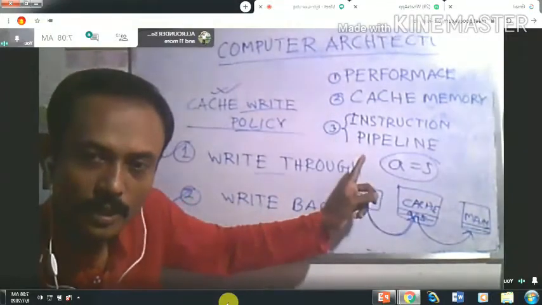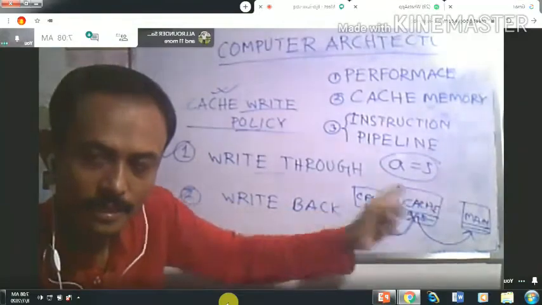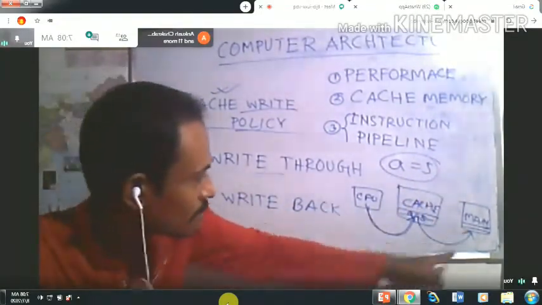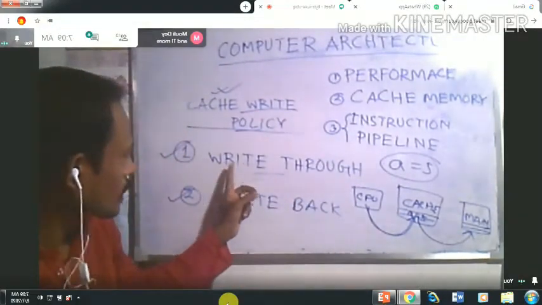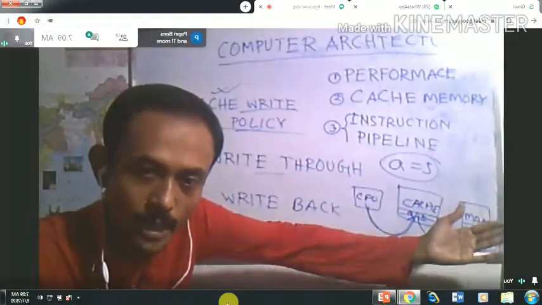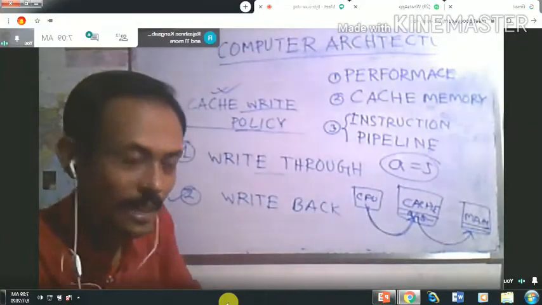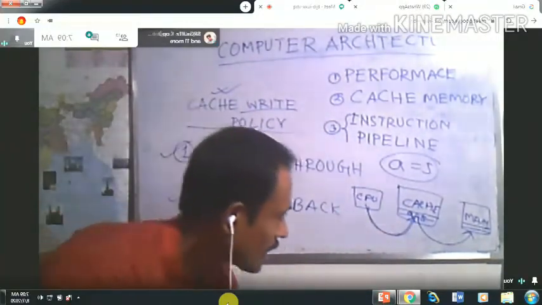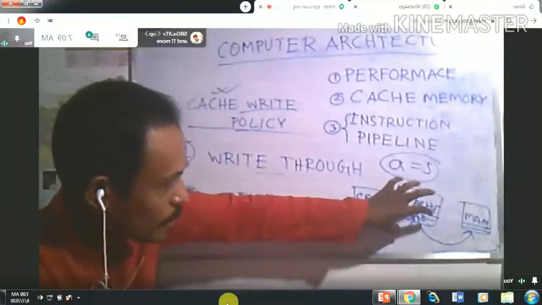So suppose at first it was A equals 5. Now it becomes A equals 6. Next time it may be A equals 9. So every time, if you choose the write-through policy, you have to update the word in the main memory also. But it may happen that when you update some memory in the cache memory, then when you